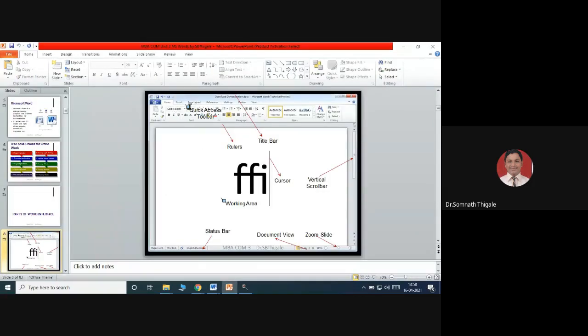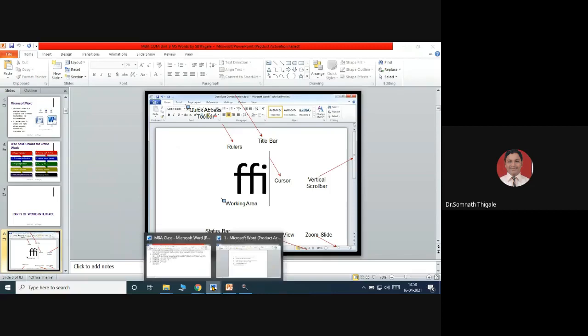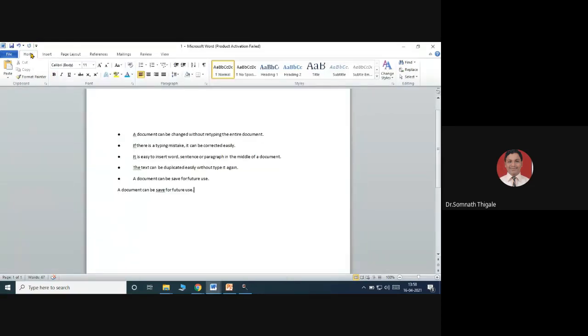Now see what other different options you can see here. Just try to understand the different options you can see over here. That part we are going to explore for the rest of the time. What other options are there? Just check. You can zoom out the screen.